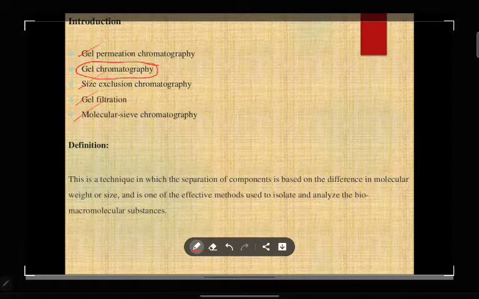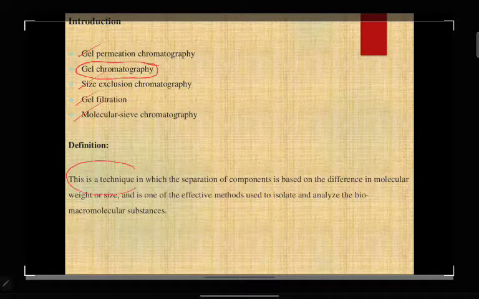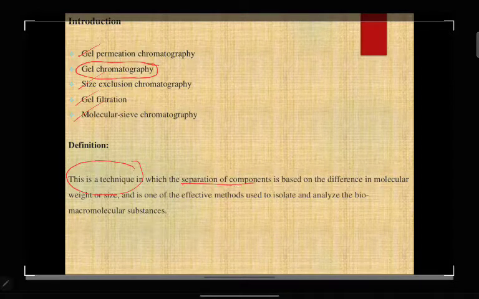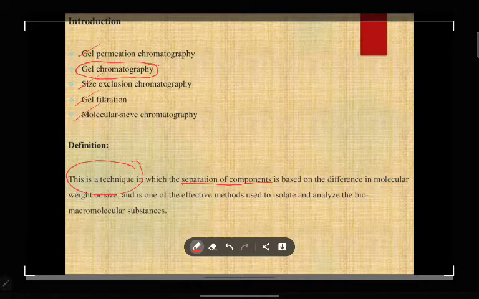All are the same. Now, what is the exact definition of gel permeation chromatography or gel chromatography? This is the separation technique through which we are going to separate components. It may be components of large molecular size or small molecular size, no problem.